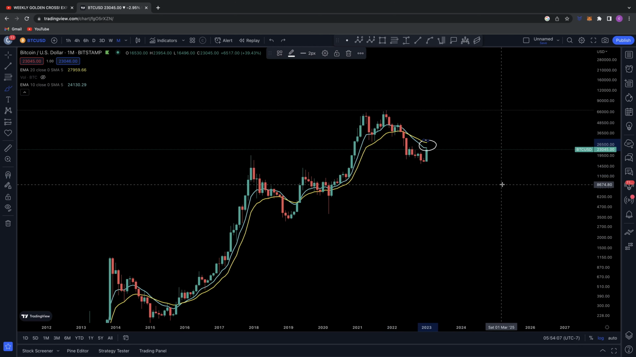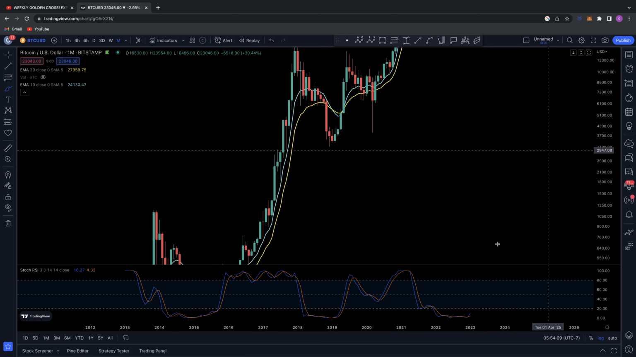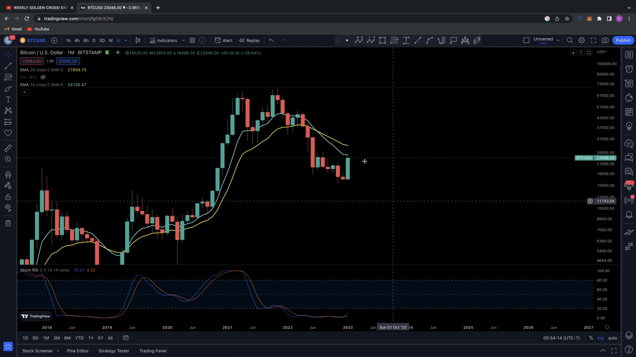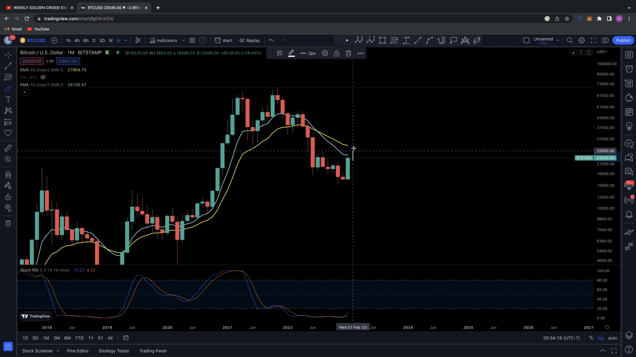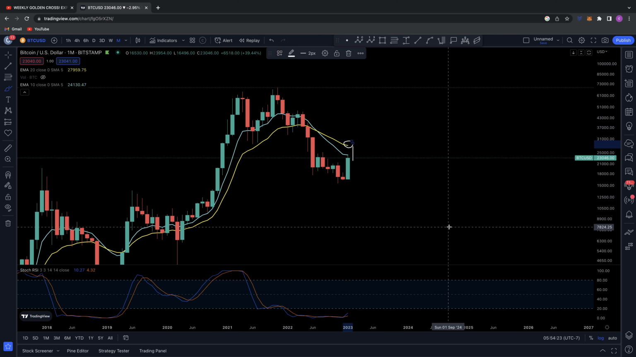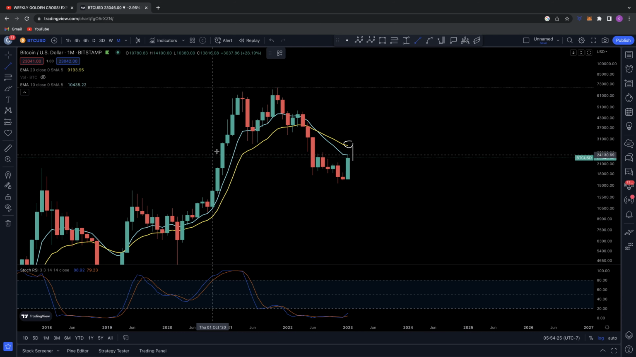Bitcoin potentially, if we do see the close here above the monthly 10 EMA, I think it gives you an indication that potentially your next target is up to the 20, which currently sits at around 28K. Now, that 28K range is very